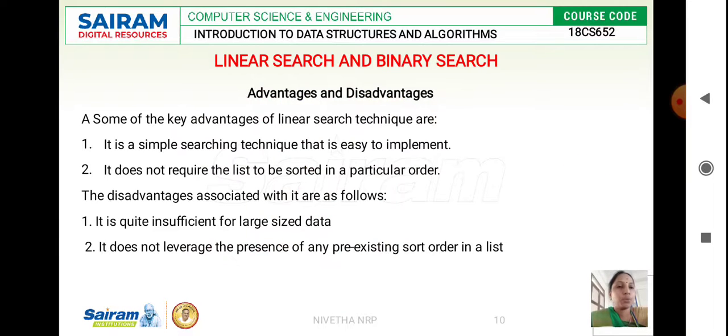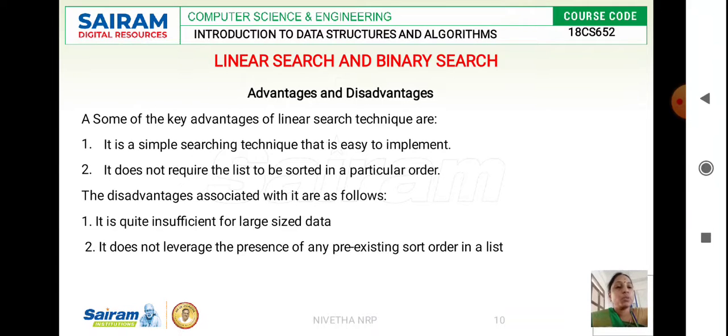Now we'll discuss the advantages and disadvantages of the linear search algorithm. It is the simplest technique, since it starts searching from the first node and travels until it finds the element, continuing until the end of the list. Since it works on unsorted data, we don't require any sorting function.